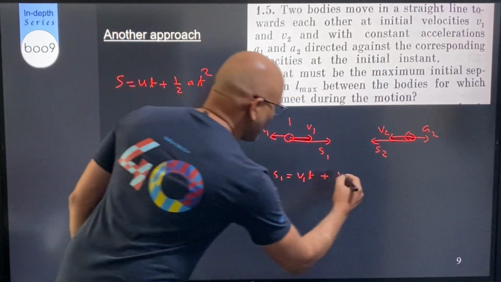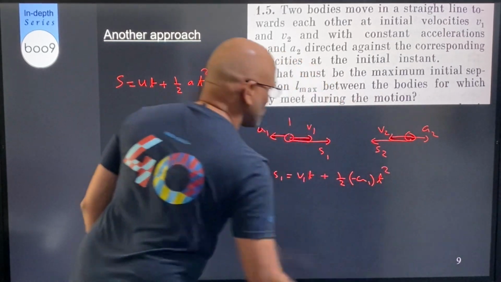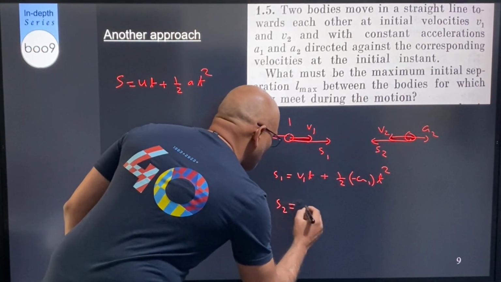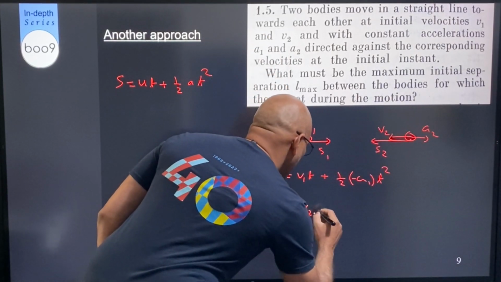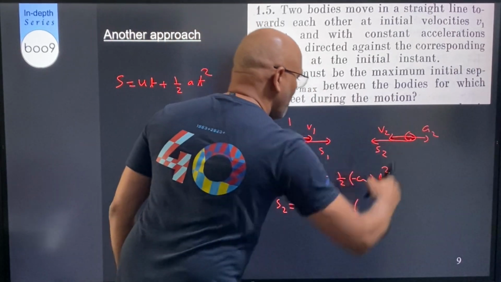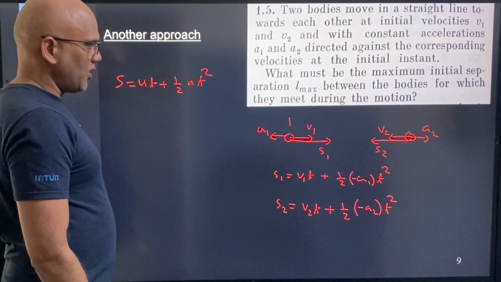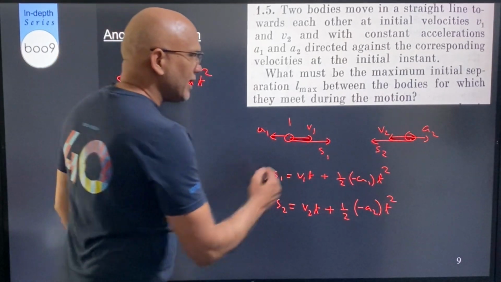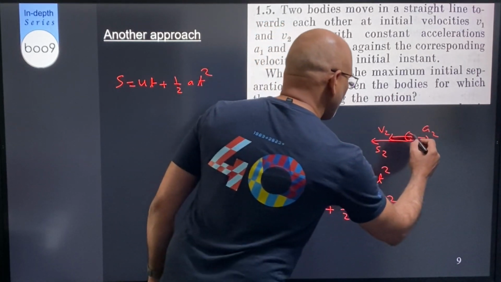A is in the opposite direction, so minus a1 t square. Similarly, I'll write down for 2. The s2 is in the same direction as v2, so v2t plus half, again, a is in the opposite direction, so negative a2 t square. All right. Okay, now what I want is, let's say the separation between these two, this separation, let